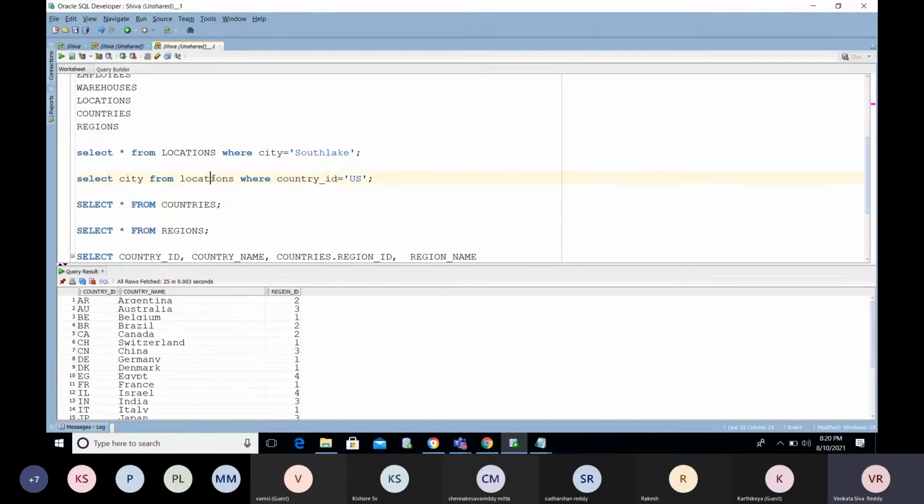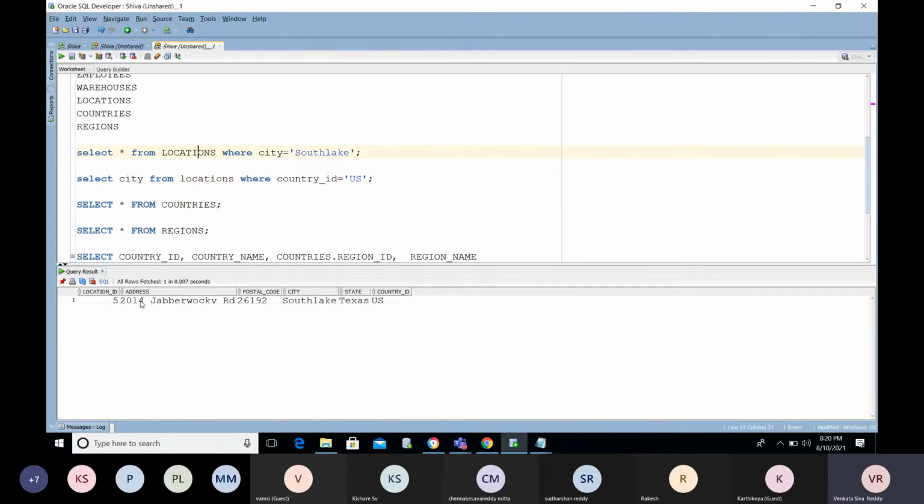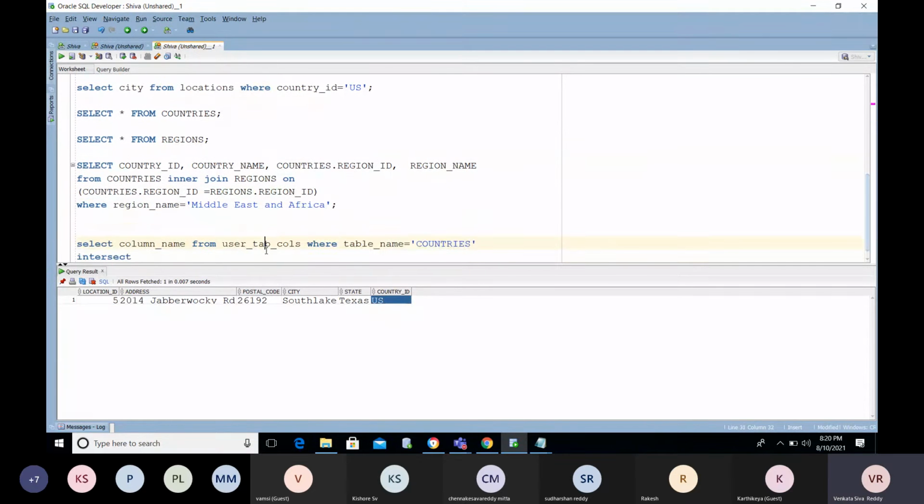What are the columns we have in the location table? Location ID, address, city, pin code, and country ID. So you can put the join between the location table and the country table, with country as the common column. Now, how you did it here, we can do the similar way.